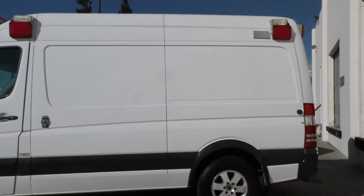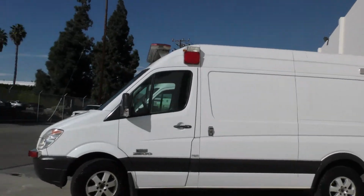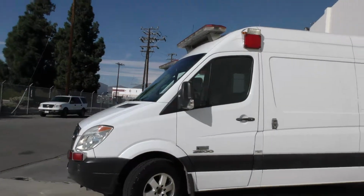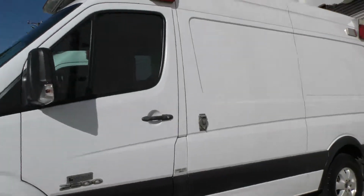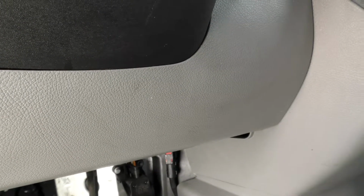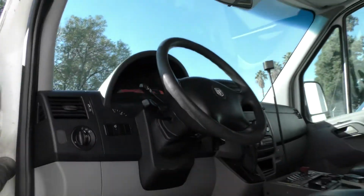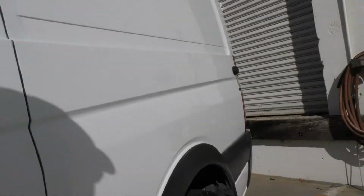So here's the outside, and then we'll start getting into the patient compartment. I'll fire them up so we have power to the back, and let's get started. So here's a sneak preview of the cab. We'll get in here in a minute. Let me just get this fired up, and then let me turn this radio off so that it isn't interfering with my voice dialogue here. Alright, so back here